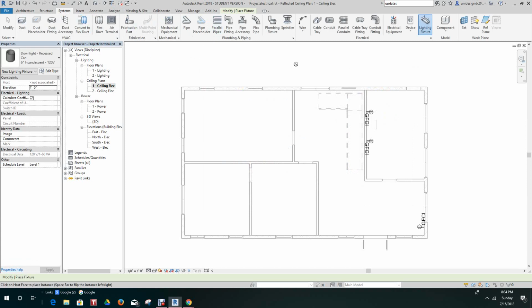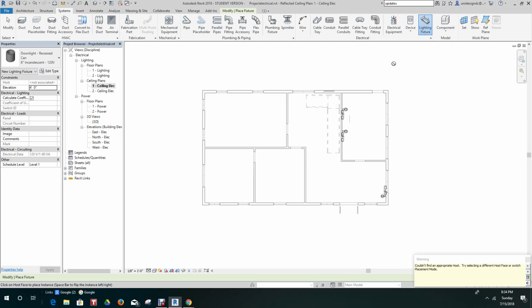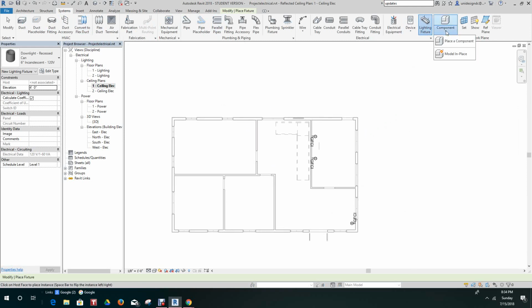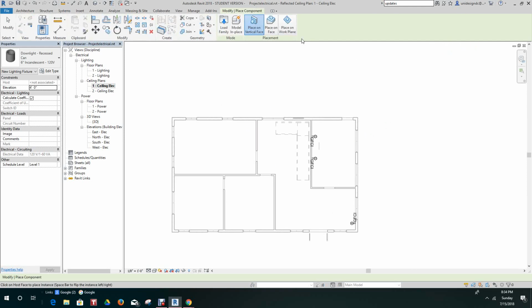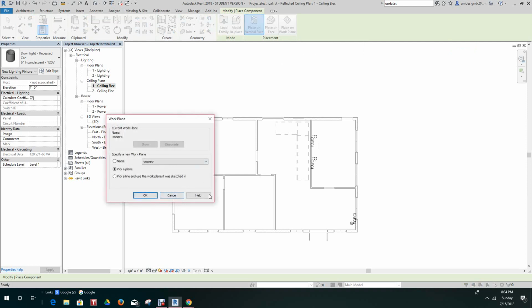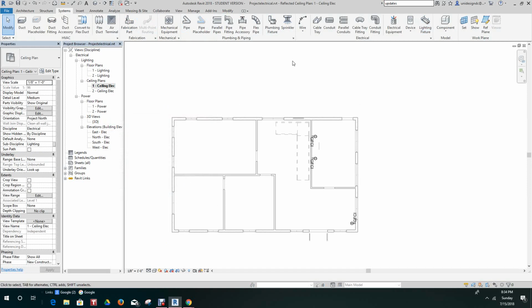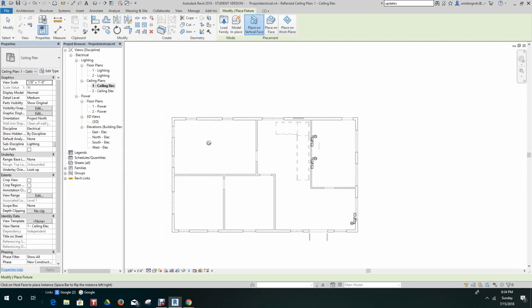Go back to the system panel, light fixture, and now you can see it's saying no, it doesn't want to go anywhere. So I'll go place component, and then it wants to be placed on a work plane. So we'll place on a work plane. Let me try this again.